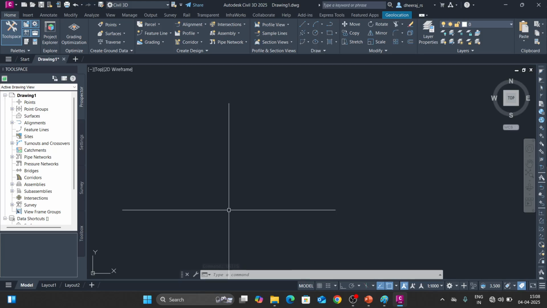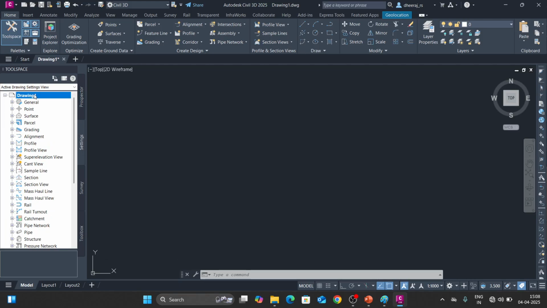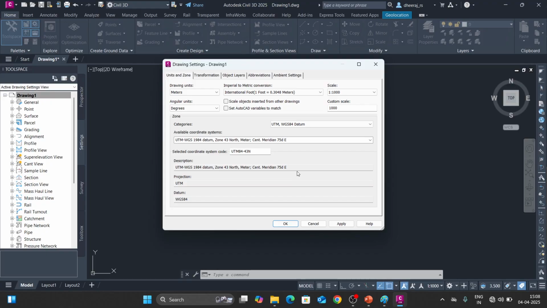Then the third setting comes, the setting of geolocation, right? For geolocation, you will go to the Settings tab, right click on the drawing, then it will open Edit Drawing Settings. Click on that. You can see this setting will open. In that, we already set the units, meters, and angular units in degrees. Now we will set the zone where this project is. According to that, the zones will be set, right? Likewise, in